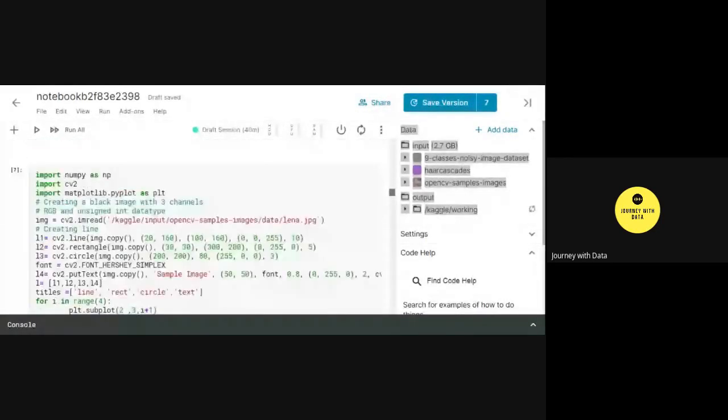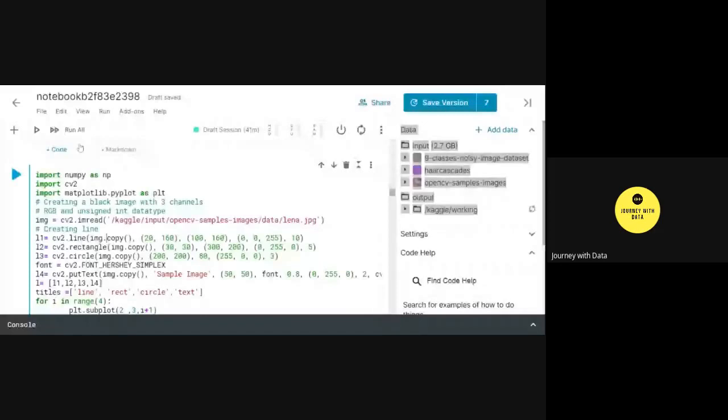So I've imported all the necessary libraries, and in this section of the code, I am reading the image again. Any single line comments in Python are usually written with the hash symbol. That's the reason you are seeing these things in green color. They are nothing but comments, anything that has a hash with it. So to create a line, I am basically creating variables. In this code, I am creating a line, rectangle, circle, all together in a single piece of code. I'll take you through them one by one.